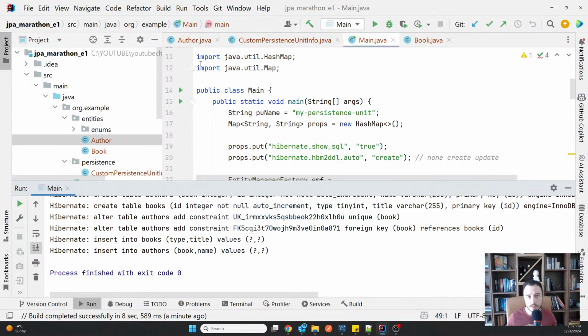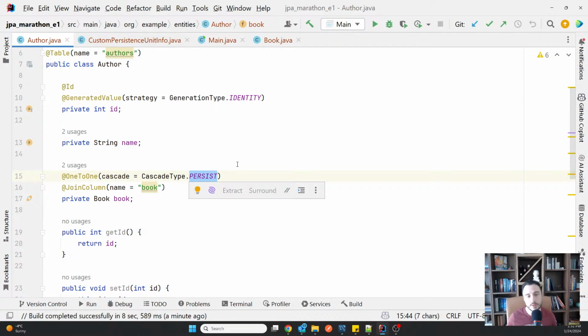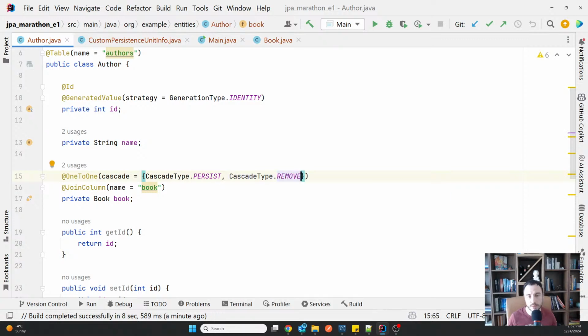Now, best practices about this, and now I raise the hand for something very important. I can decide that I want to have multiple operations. So for example, if I want to have cascade for the refresh, for the persist and the remove, I can put them in an array with the normal array syntax on the annotation, and then all of these will be cascaded, which means if an author is persisted, the book will also be persisted.